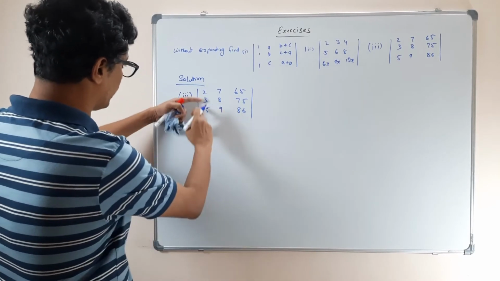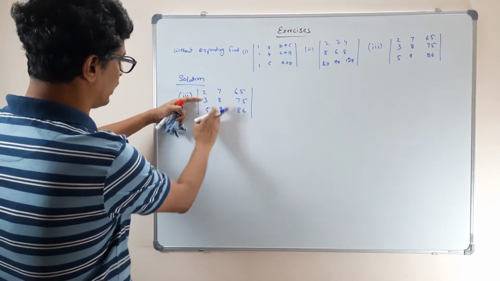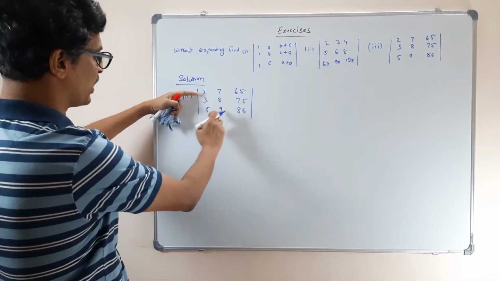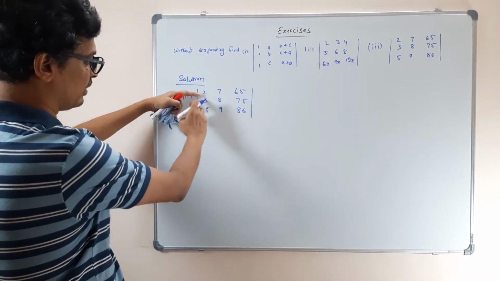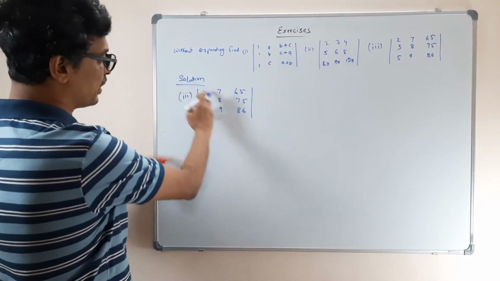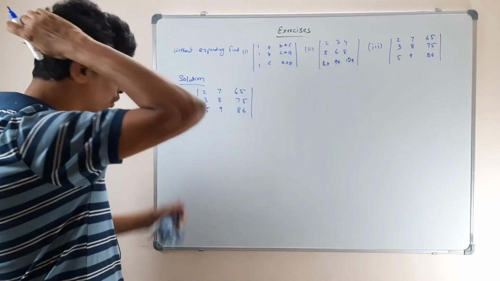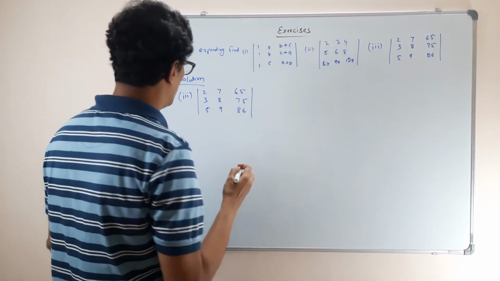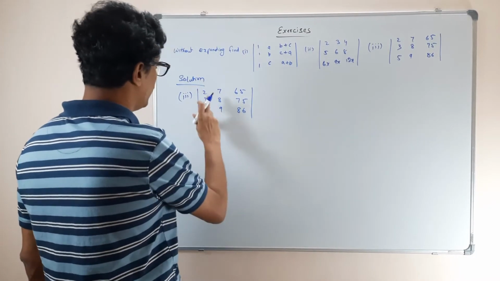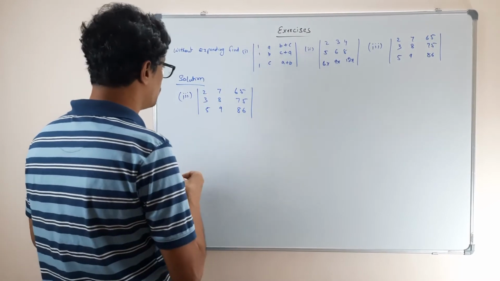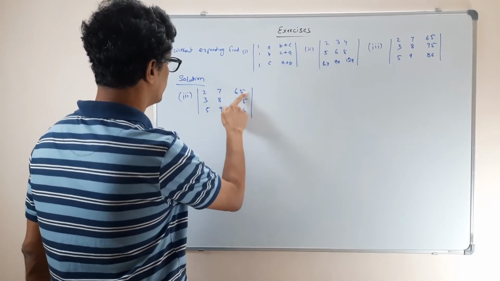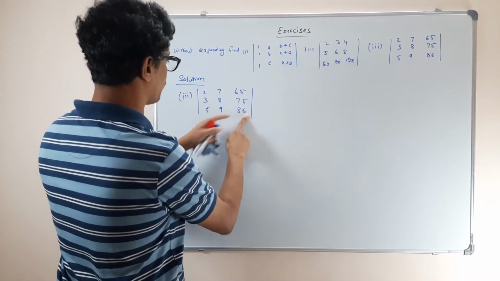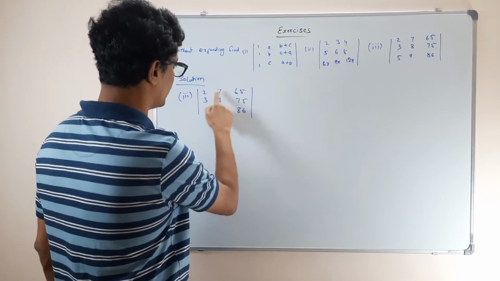Otherwise, you can also try to multiply this row by 5 and this row by 3, subtract them, and this becomes 0. That way you can make the lower triangular, where this portion is all 0 elements, then multiply the diagonal elements. But then again you have to do a lot of jugglery, correct? So instead, an easier way: combine these two columns that you said. This minus 2, this minus 3, this minus 5, then all become multiples of 7, 8 and 9.